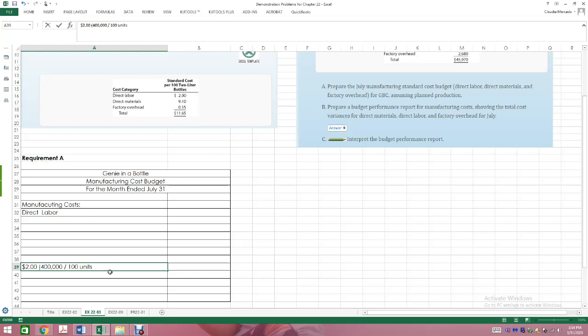So we need to divide that by the 100 units, because we need to figure out how many we're spending. $2 per 100. That's basically what it's saying, okay? So let's run the calculations. I'm going to do the calculations in Excel. So it'll be $2, and then I'm going to